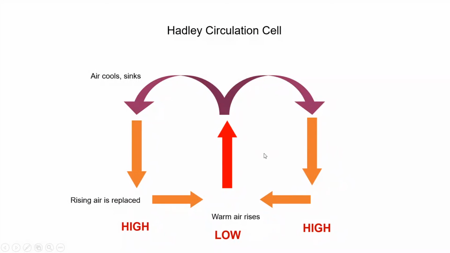So this I already explained. Hadley circulation cell. At the equator, there is a low pressure. Then, due to the higher solar energy here, the air quickly picks up and is lifted. When it goes to higher altitudes, it goes towards the poles, and during that it loses its energy, cools down, then comes back down, so due to the high pressure.